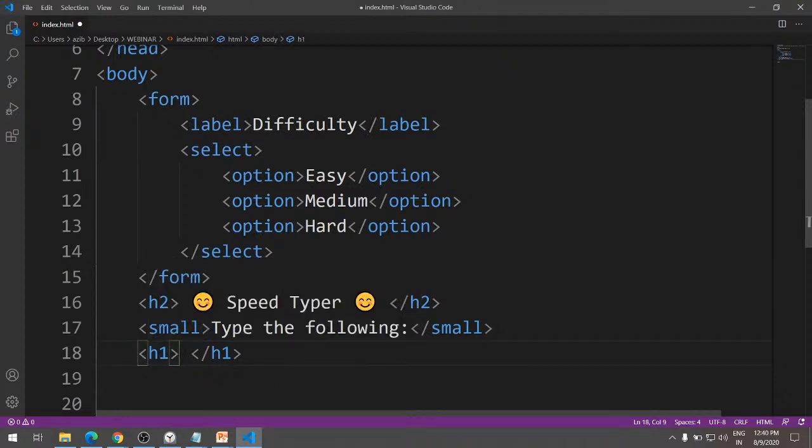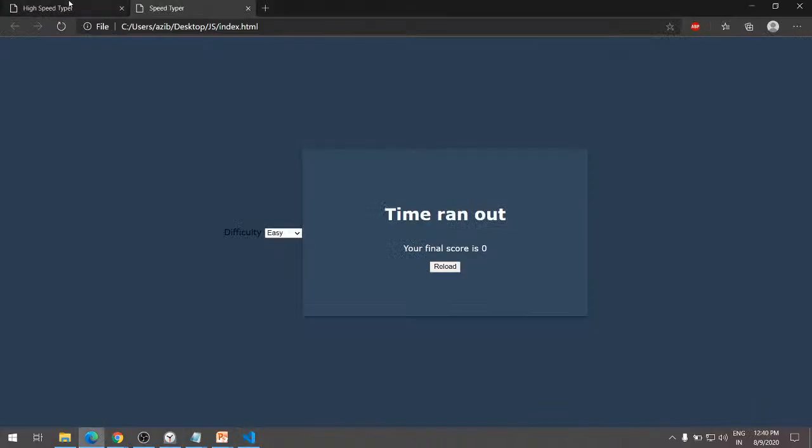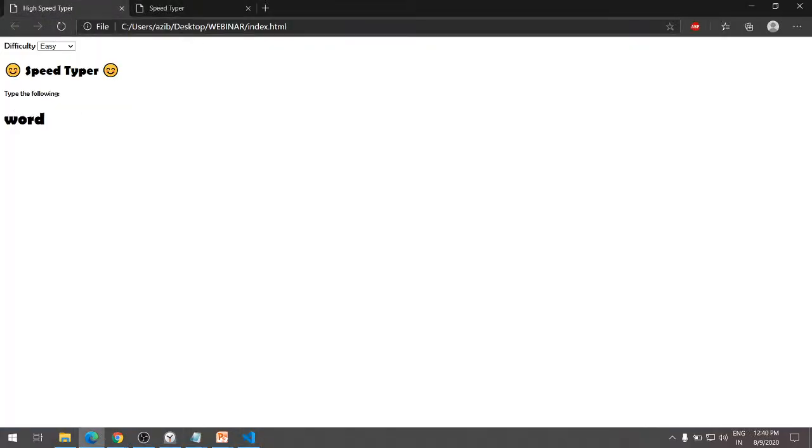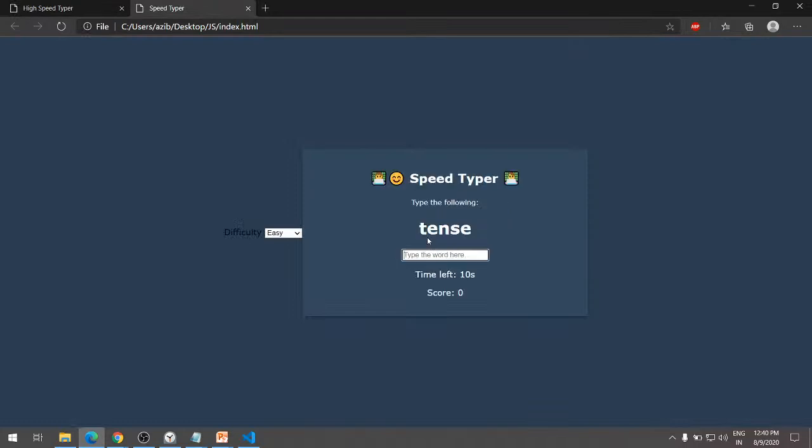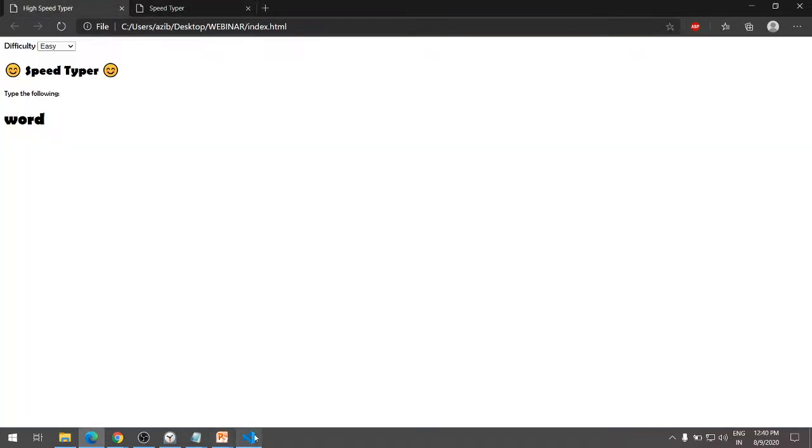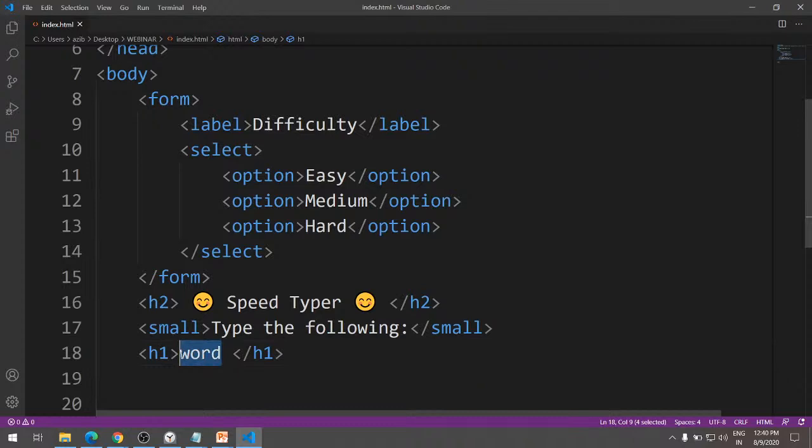So if I just type in a word or anything written here, the word will be displayed. So if you see here, the word is displayed, almost the same size. But I'm not going to type it as word. I'm going to remove the word and just leave it blank for now. Okay, and below this